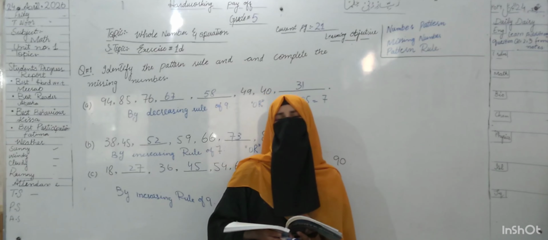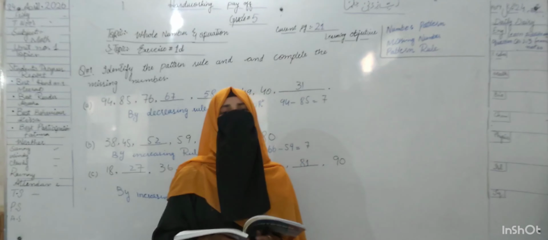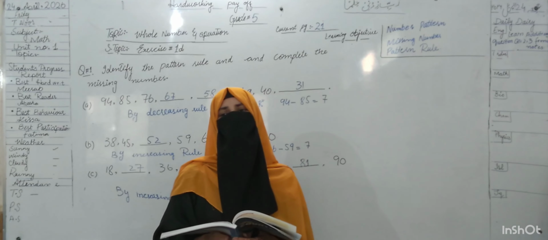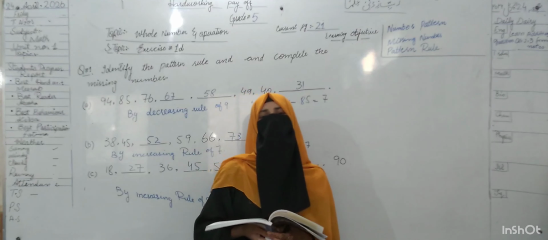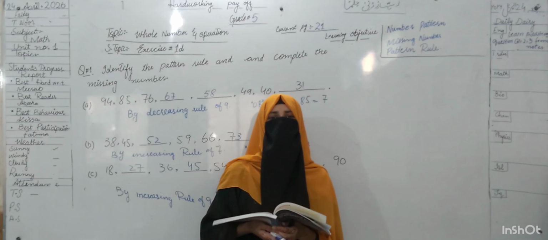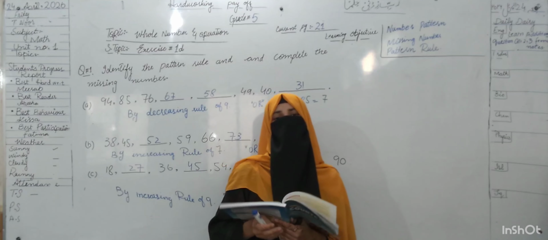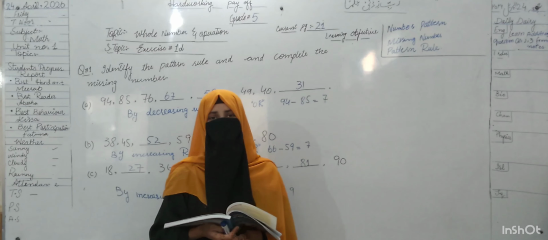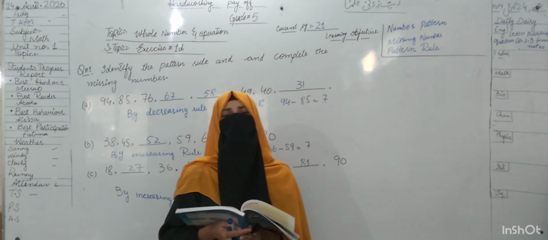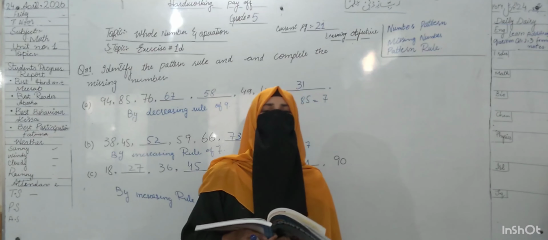Firstly, my students, when you write a number by skipping, you have to find out its rule. Is it an increasing order or a decreasing order, and which number is to be added or skipped to write the next term? So when you discuss the number pattern, firstly look whether the question is in descending order or ascending order. If the numbers are in ascending order, it means the number is increased. On the other hand, when your numbers are in descending order, it means the number is decreased. So follow this pattern rule.